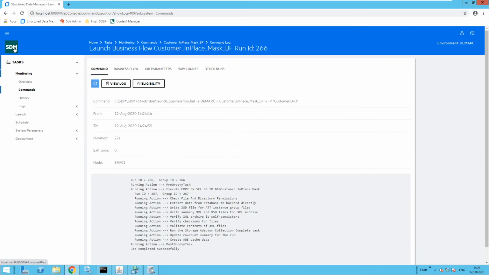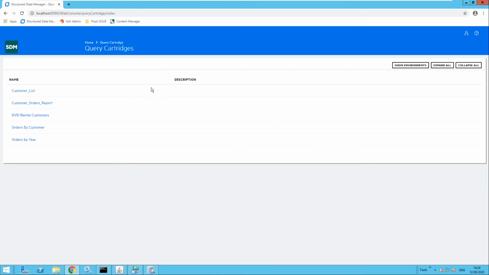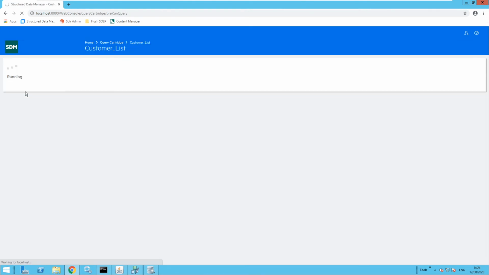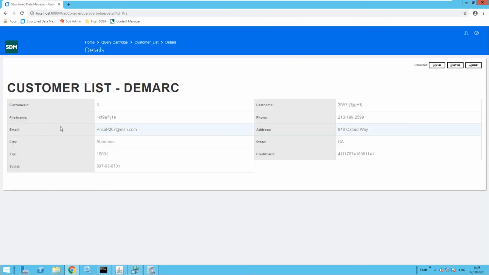Now if I rerun the data access query again on the customer list query cartridge, that will run a report on the customers table. As we can see, the last name and the first name for customer ID number 3 has been masked. If I click into customer ID number 3, that will give me the full details. Again, this previously was Philip McDonald, and now we can see the last name and the first name have